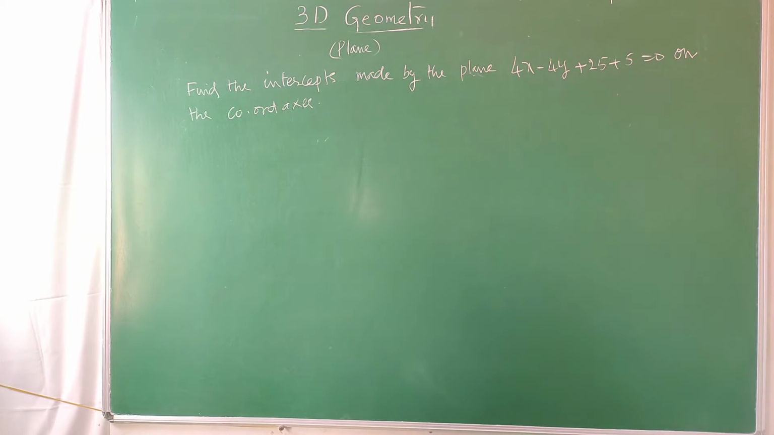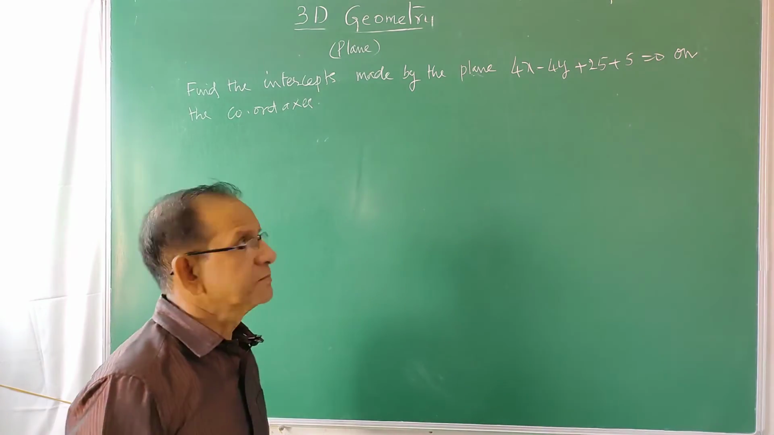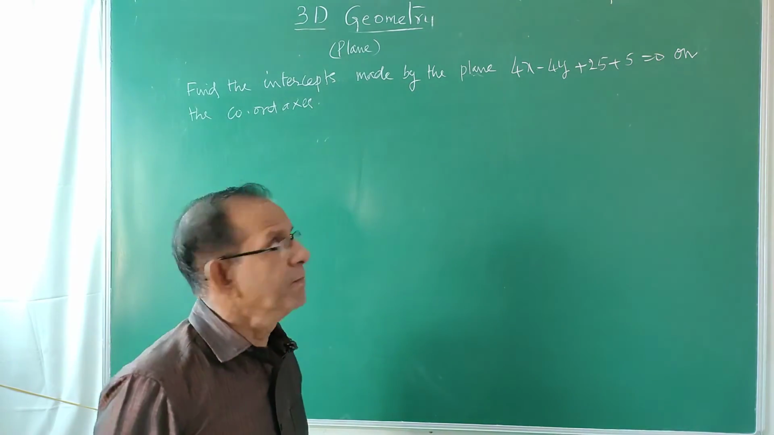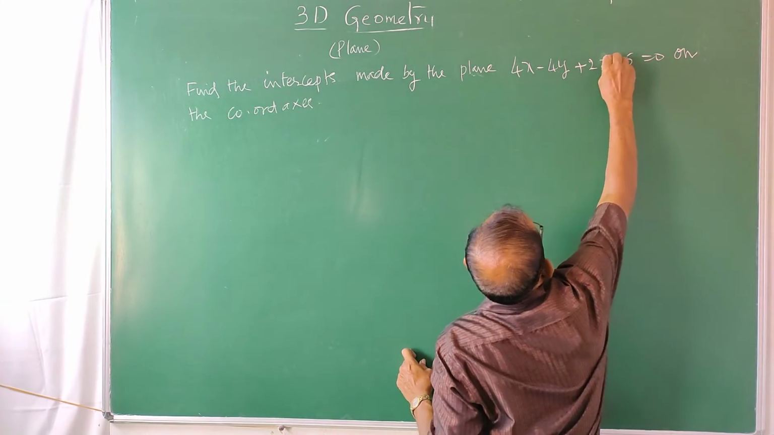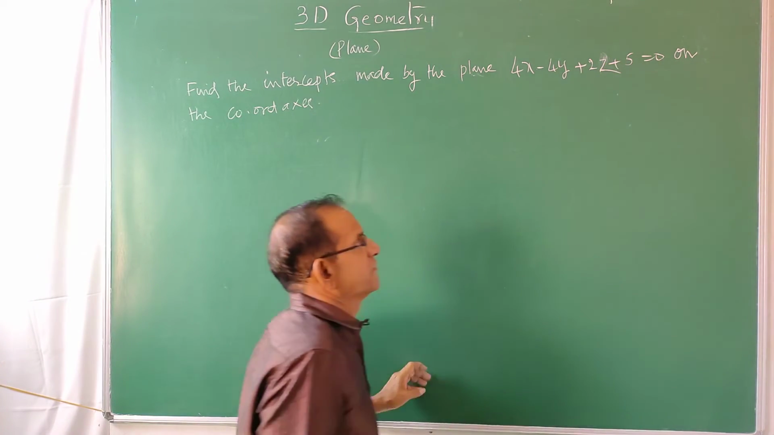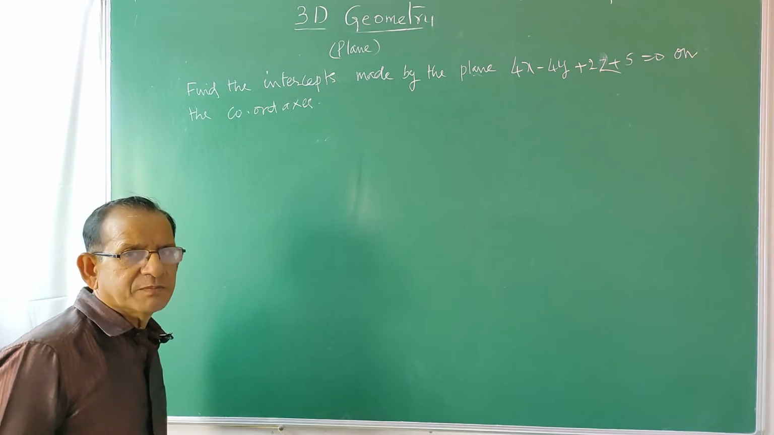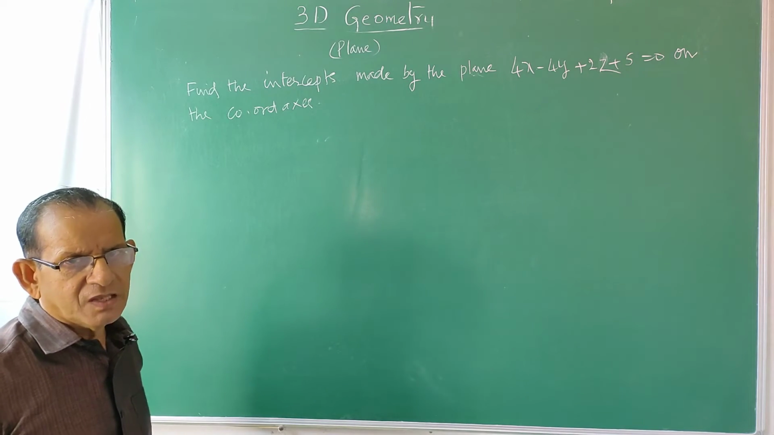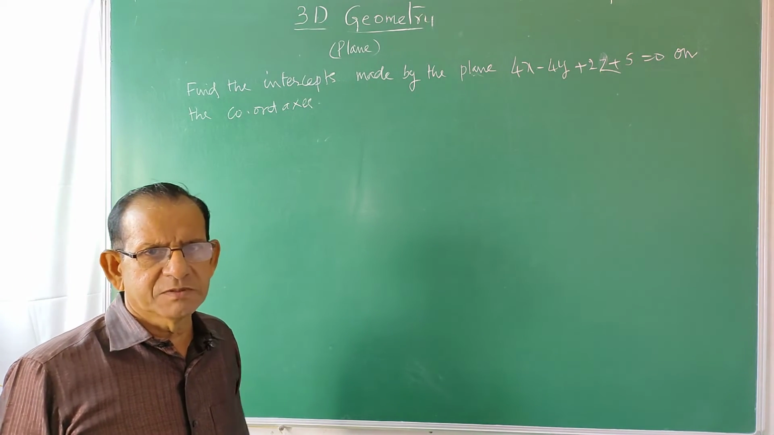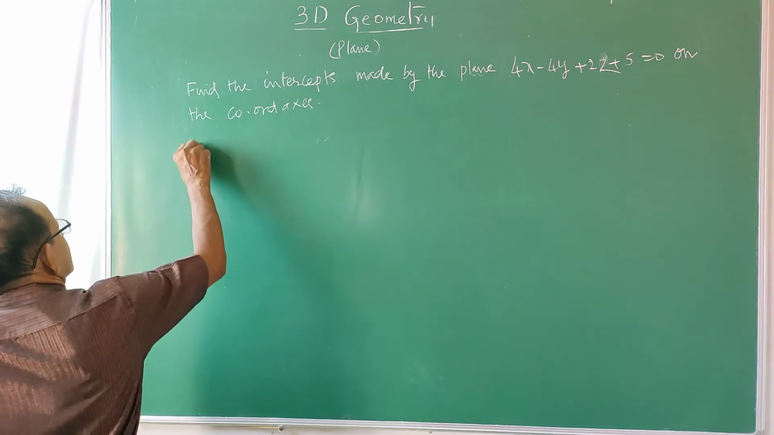Now find the intercepts made by the plane 4x minus 4y plus 2z plus 5 is equal to 0 on the coordinate axis. To get the intercepts made by the plane, we have to convert the equation of the plane into intercept form. That is x by a plus y by b plus z by c is equal to 1. How to convert that? Now write the given plane